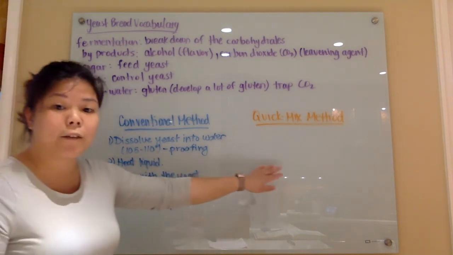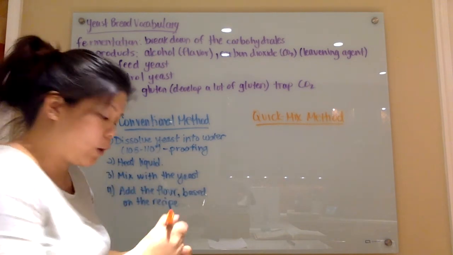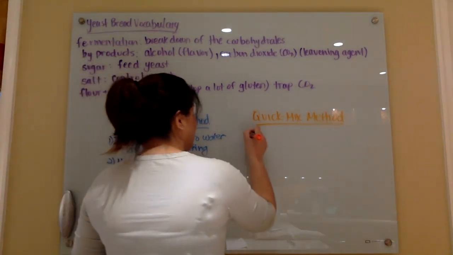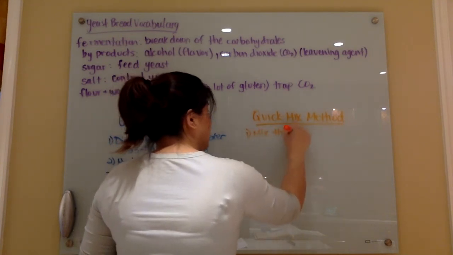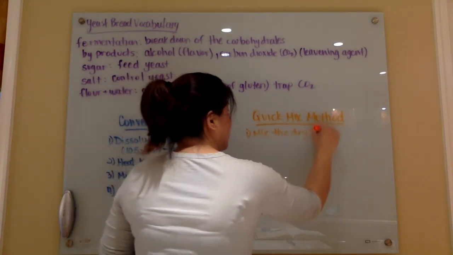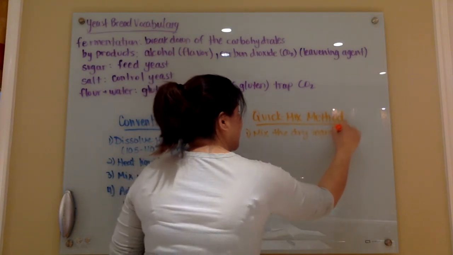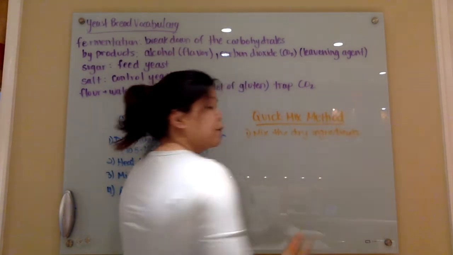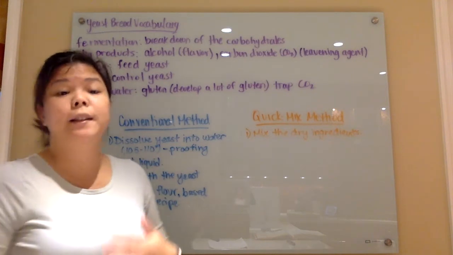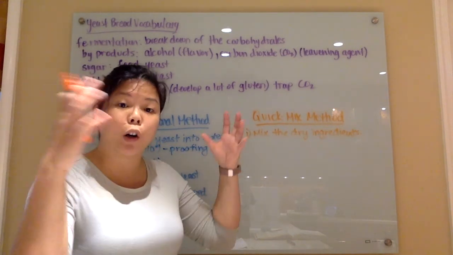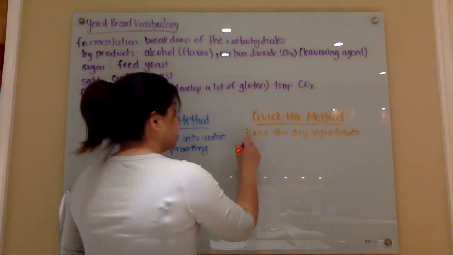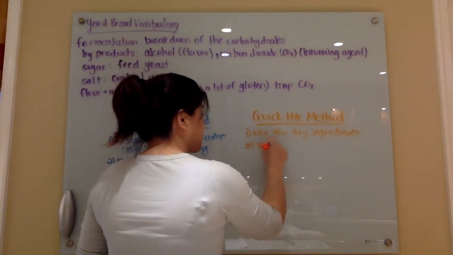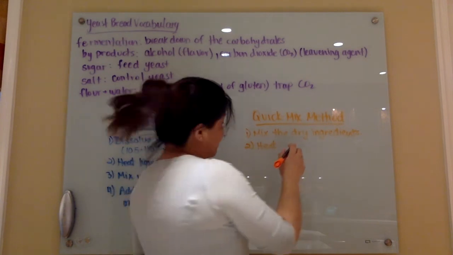However, we also have the quick mix method. So what you would first do is mix all your dry ingredients together. My dry ingredients may be sugar, flour, salt, yeast. Any of those ingredients would all go into one bowl. And then I'm going to heat my liquid ingredients,